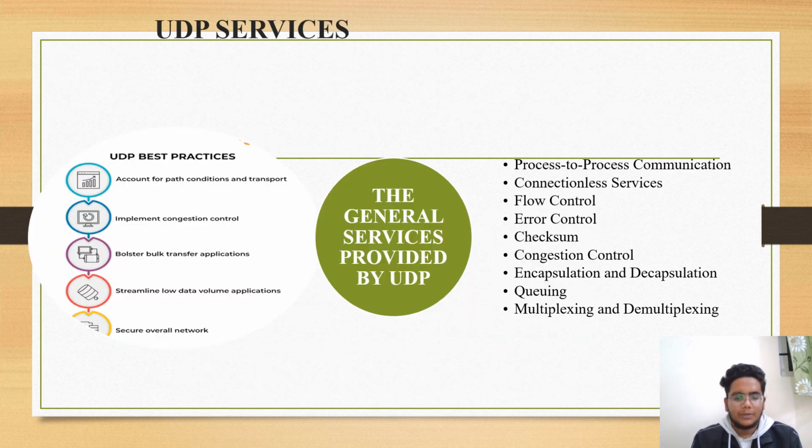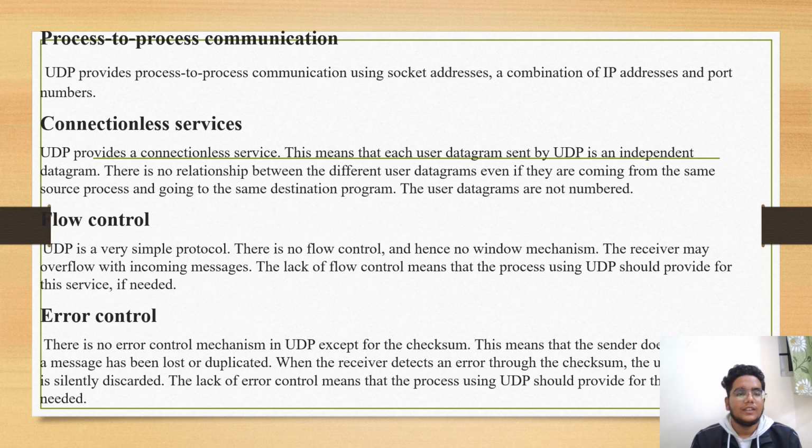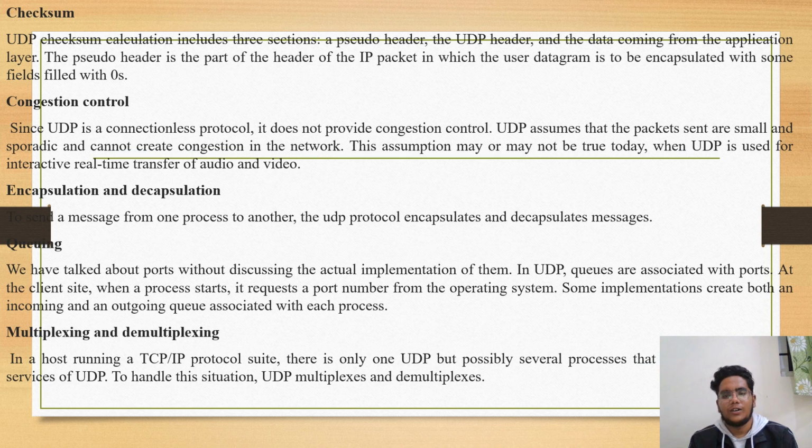So these are the UDP basics. The general services provided by UDP are process-to-process communication, connectionless services, flow control, error control, checksum, congestion control, encapsulation and decapsulation, queuing, multiplexing and demultiplexing. So, process-to-process communication. We all know that UDP provides process-to-process communication using a socket address, a combination of